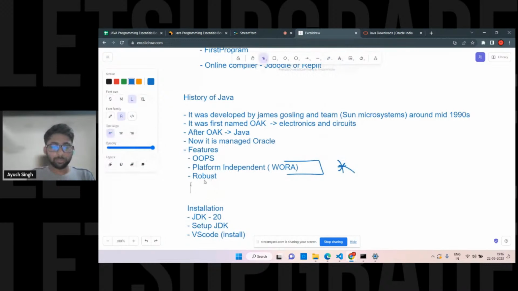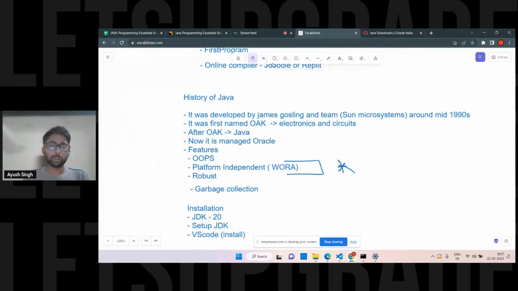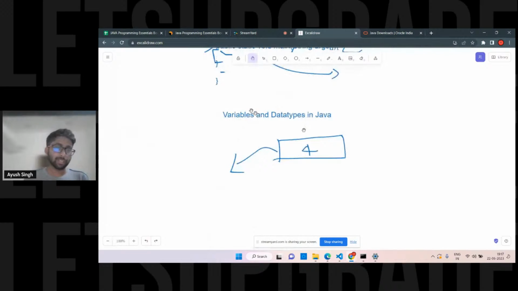So there is a term of garbage collection, right? This term doesn't mean we're taking out the garbage and throwing it away, right? It's not like that. But this is actually the memory allocation part, which is done dynamically, which is also one of the most important topics. And this is quite related with exception handling as well. So there is a term of garbage collection, right? This is quite important because garbage collection actually handles all this in the case of variables and the case